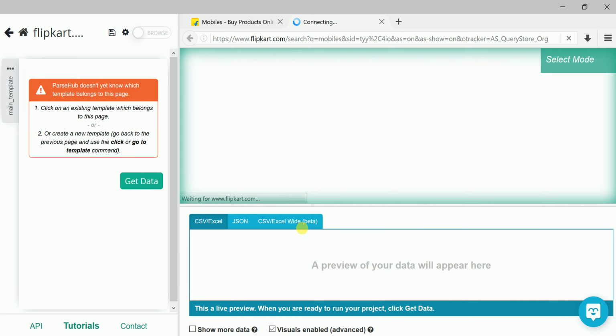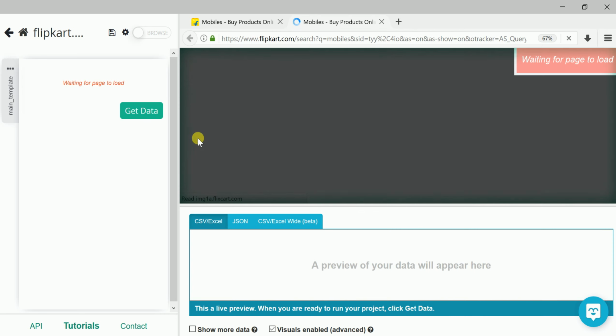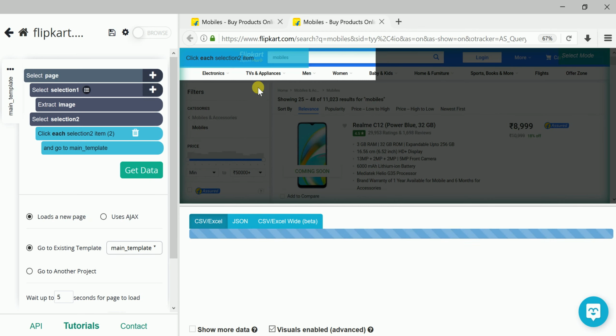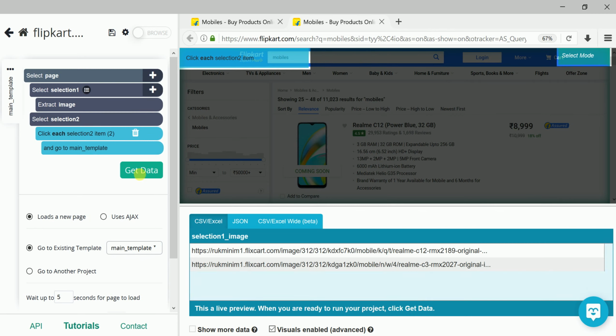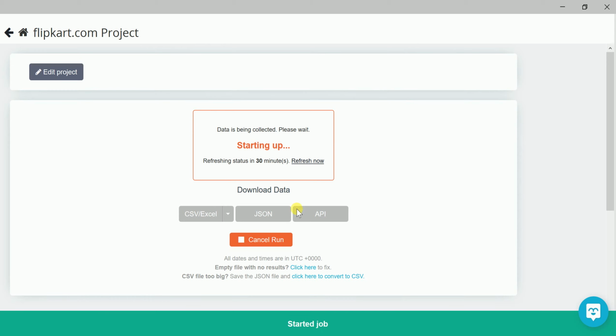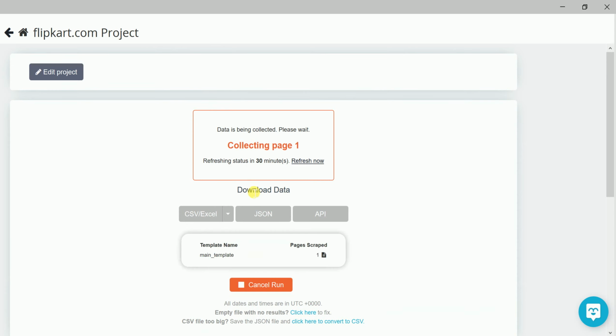Okay. Click here. So it is loading. Once done, we need to click get data. Then we need to click run. It will start, and in fact it will notify your registered email ID also.